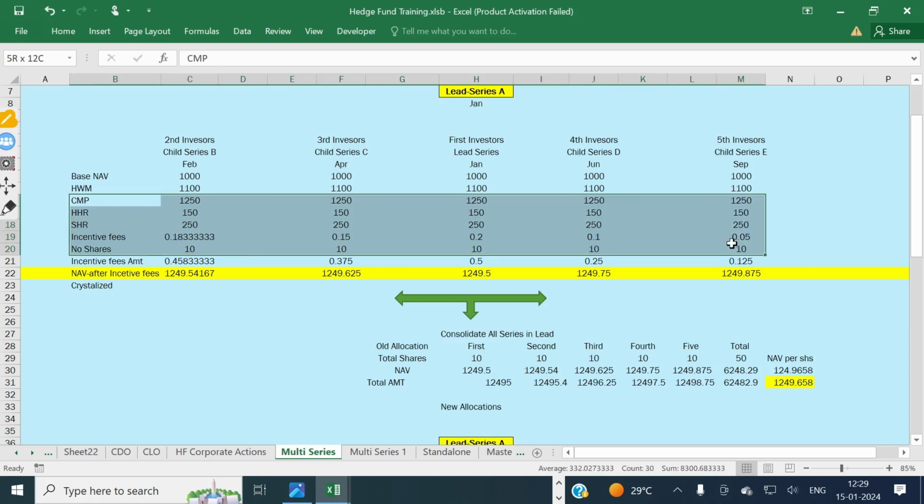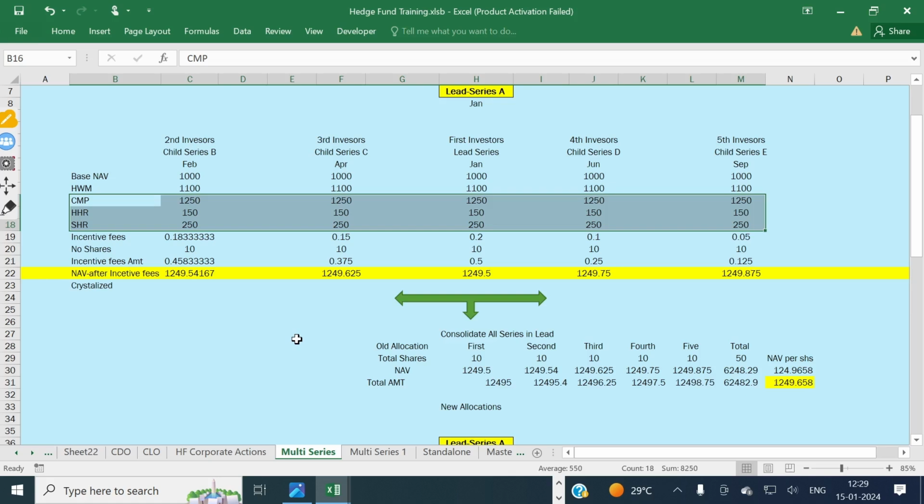They basically set the high watermark. So if you want to get into, let's say, your lead series, then first you need to achieve your high watermark. And if you don't achieve your high watermark, then it will not allow you to consolidate. So it means eventually once